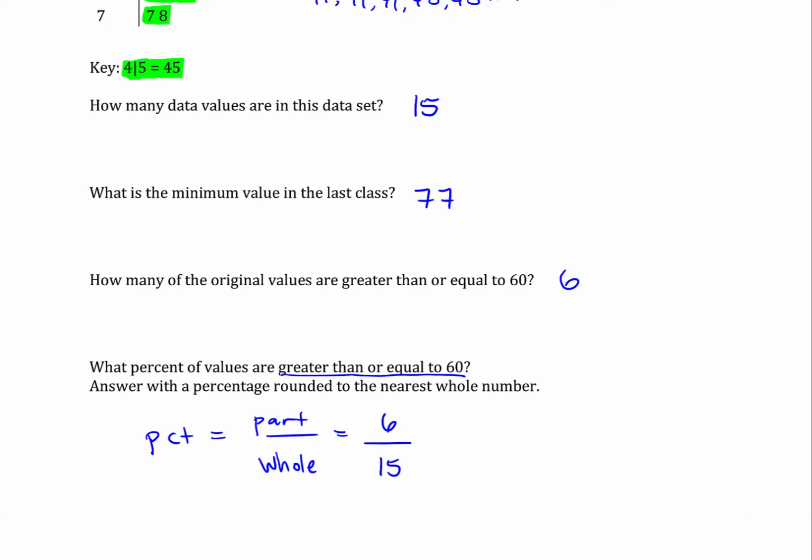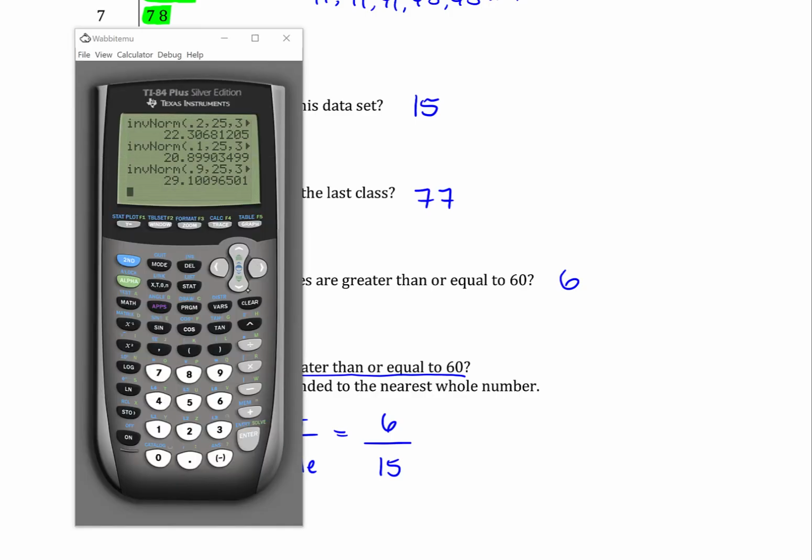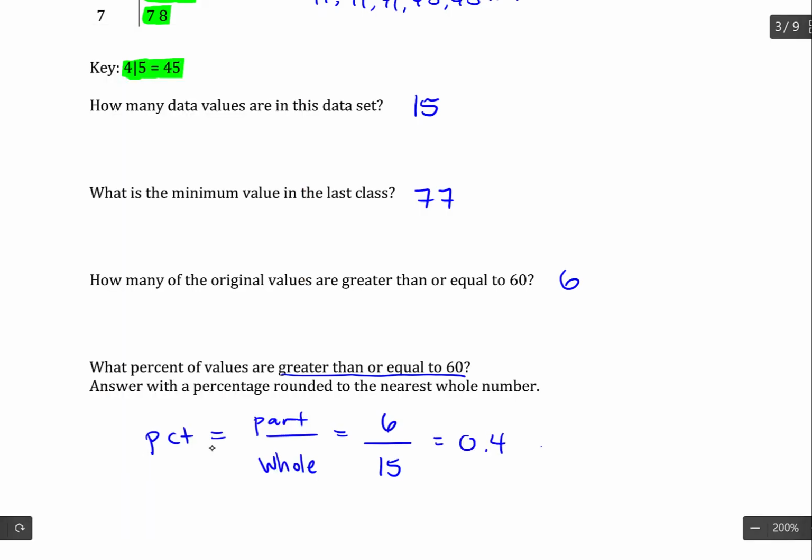So 6 divided by 15, if I just get a calculator out to help me with that, 6 over 15 is 0.4. So 0.4 or 40%. And just pay attention to how the question asks you to put the input in. In this case, it's saying to answer with a percentage rounded to the nearest whole number. And oftentimes they don't want you to put the percent sign in. So you would just put 40 very likely here. Just pay attention to the instructions in the